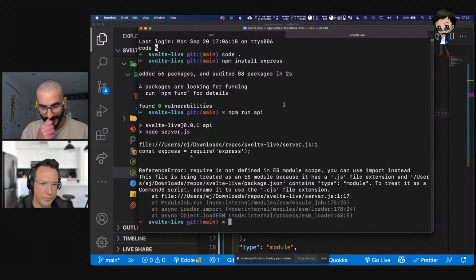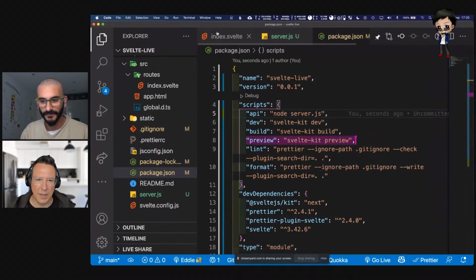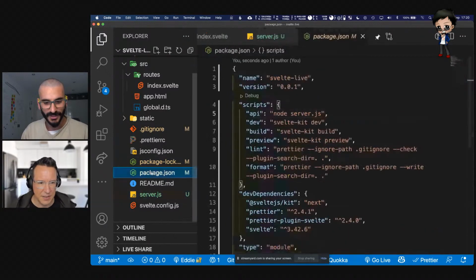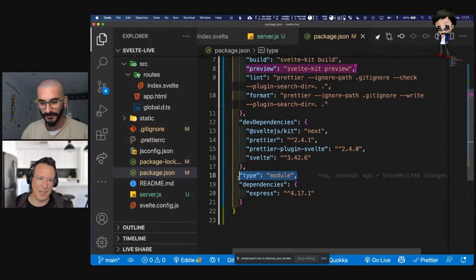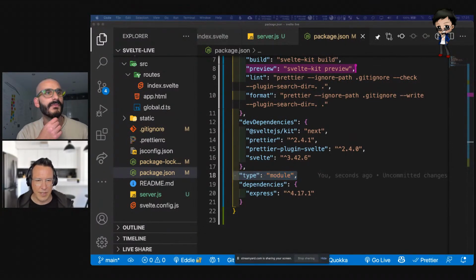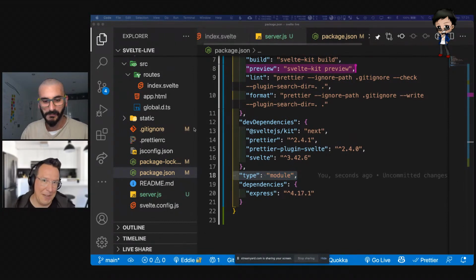And I broke it. Why did I break it? It's required. It's EJS, isn't it? Did I point out, if you go to the package JSON again, I think you did mention it. I don't think type module. So you could do ESM syntax, because what I should have mentioned, but I didn't,